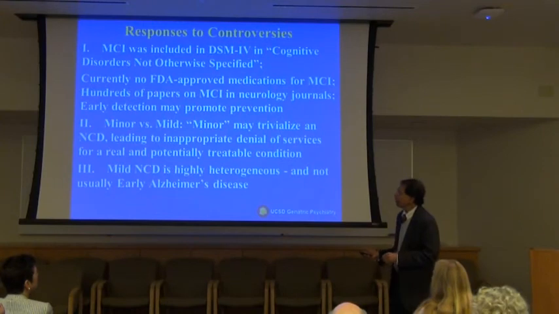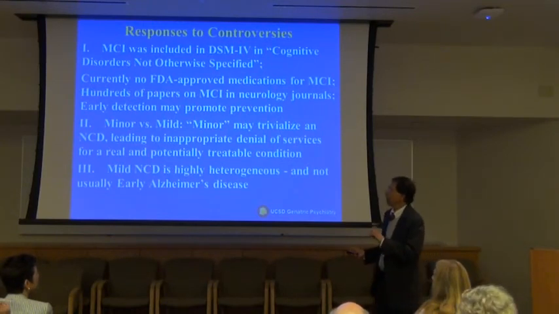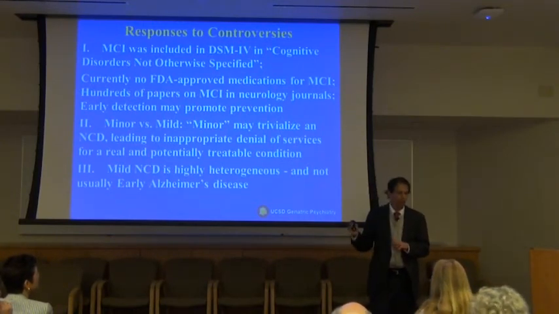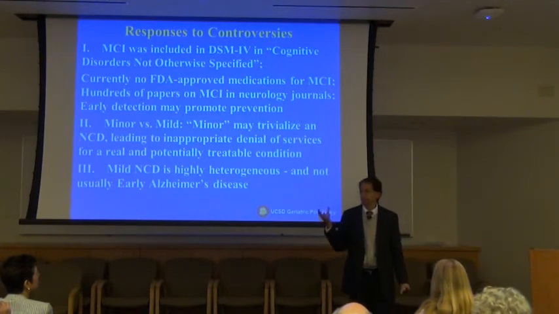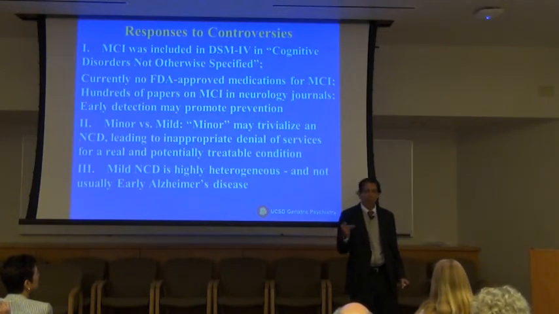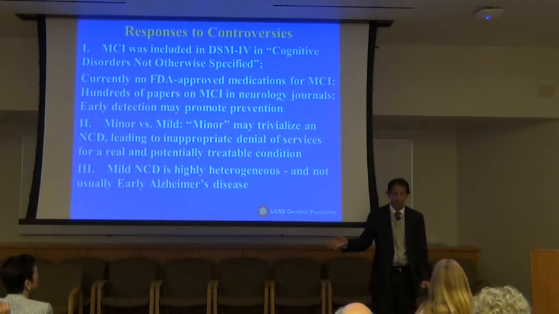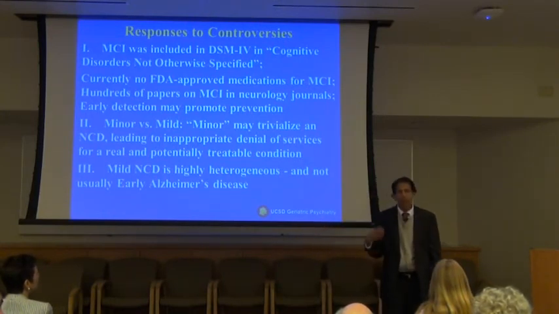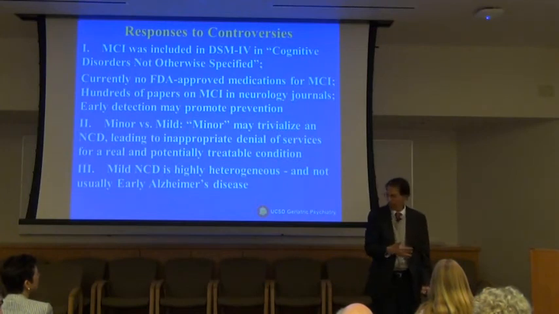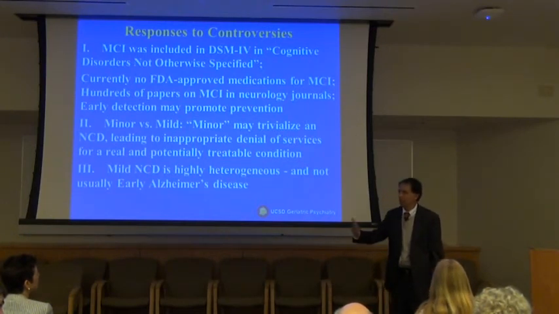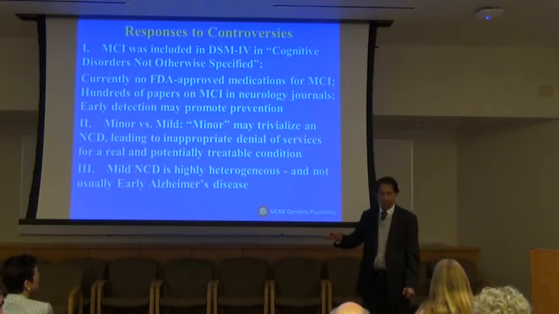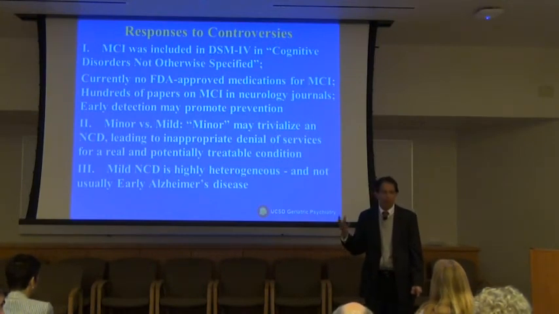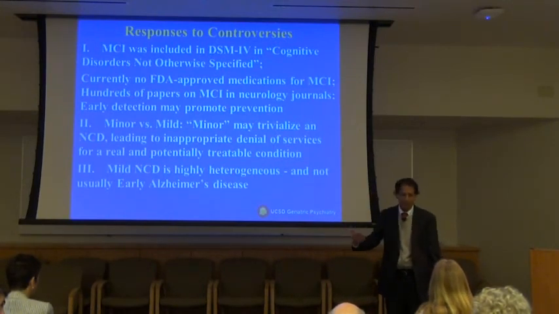Because the majority of the people with mild neurocognitive disorder do not develop Alzheimer's. It's a law of thirds. A third of the people with mild neurocognitive disorder will develop dementia. A third will continue to be in that stage, and believe it or not, a third will go back to being normal. So those are the people whose cognitive functions seemed to be impaired during the testing, but it could have been because of depression or something else, and then they go back.